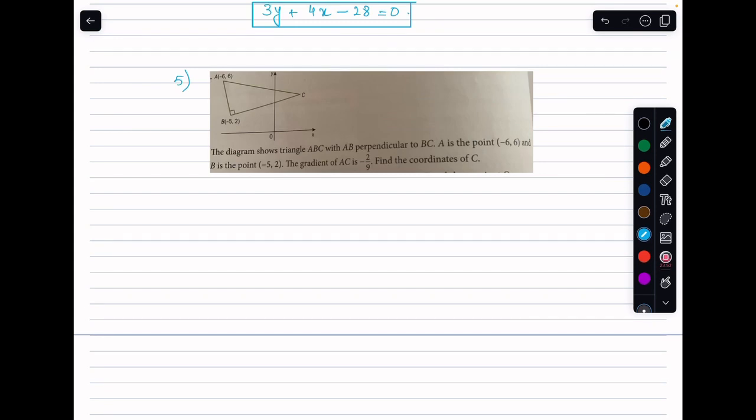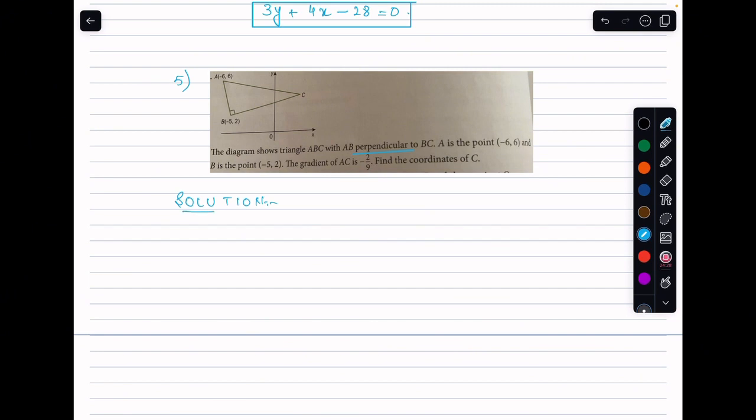So now let's do the question, which says the diagram shows triangle ABC where AB is perpendicular to BC. So whenever we come across the word perpendicular, do not forget that perpendicular has a relationship with respect to the gradient. So that means this question is hinting us to use the gradient values with respect to AB and BC. Then A is the point negative 6 comma 6 and B is the point negative 5 and 2. The gradient of AB, now if I start taking in the data,